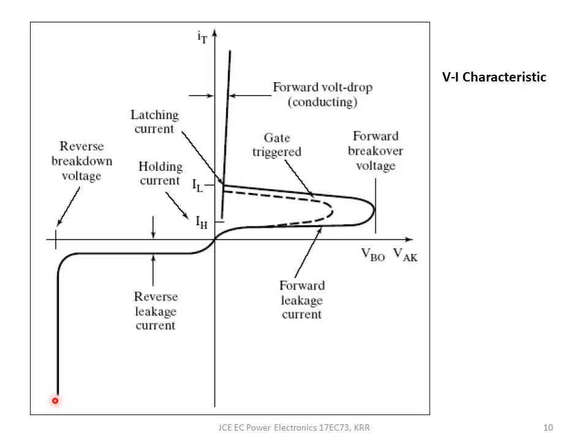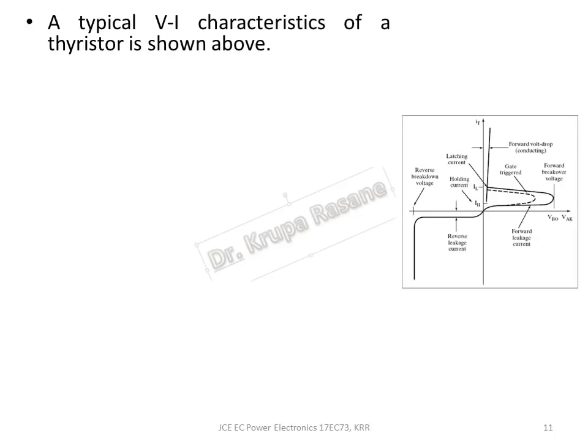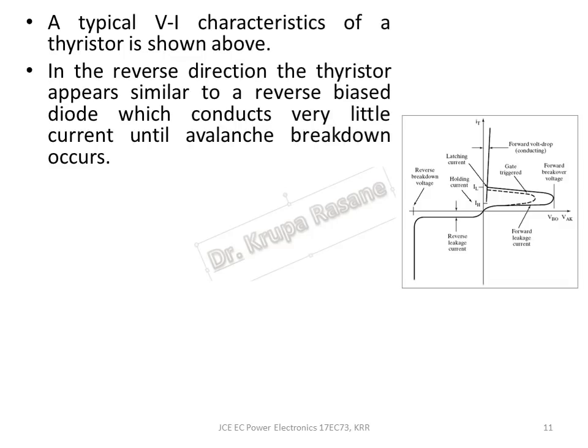So this is a region where the SCR is in off condition, and here there are two states. One is the blocking state, that is the off state till this point, and after this it will turn on, and this is called as the forward turn on. So basically when we look at SCR, you can look at it as how the device is going to conduct in the two quadrants, the first quadrant and the third quadrant.